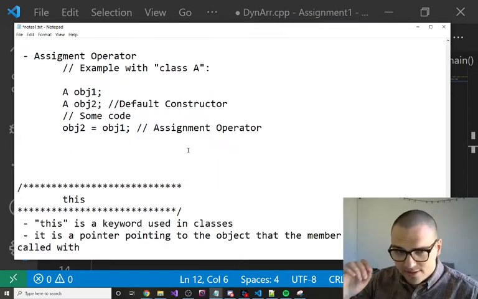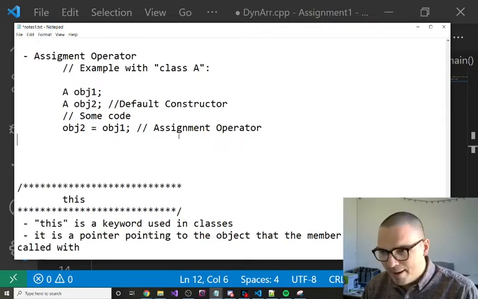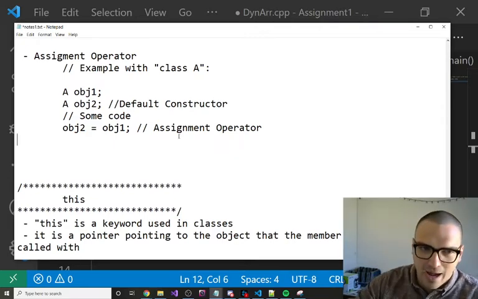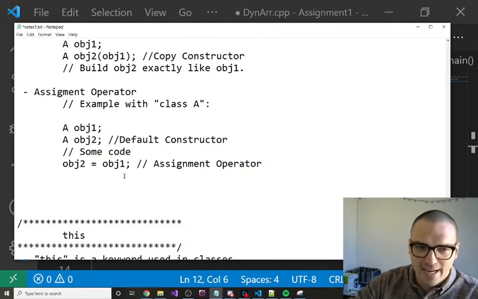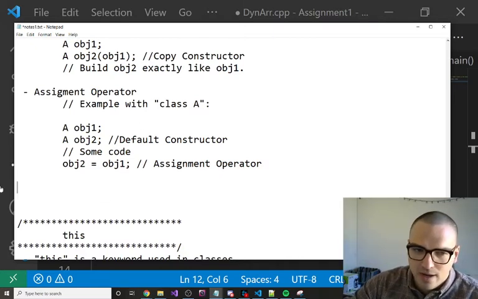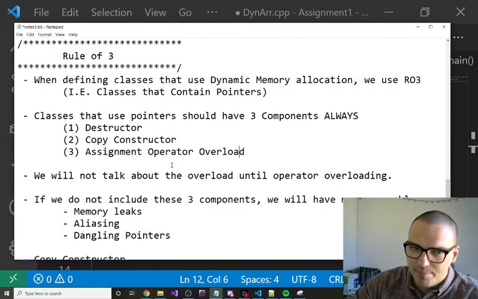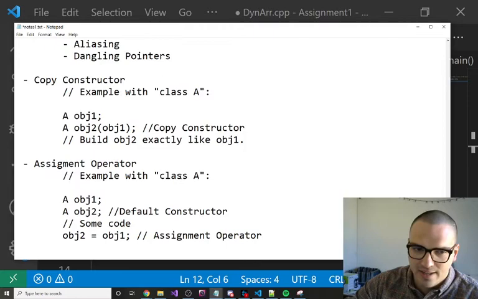Let me ask you this. It's not a hard question, and I know it might be a trivial question. I don't think you guys are stupid by any means. I like to repeat myself a lot. So, and since you don't know exactly how assignment operators work, I'm just going to ask you this, and you can